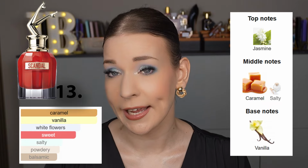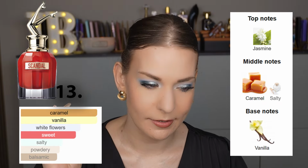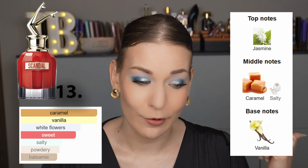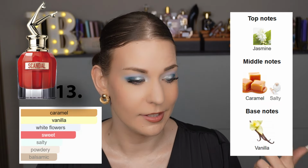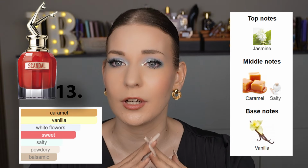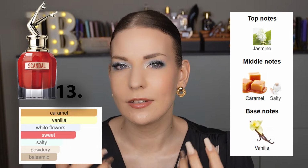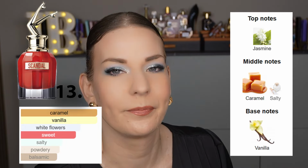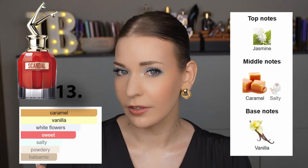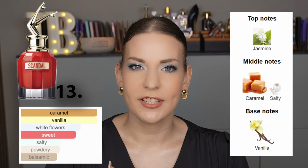I like the candle line, absolutely do, but the lip parfum is really special. They combine all of my favorite scents: vanilla, caramel, saltiness with jasmine. The jasmine and vanilla is a really good combination. I really like those scents together, and to get a sea salt kind of thing, just like the Divine. And at the same time the sweetness of the caramel, it's really sweet but floral at the same time,